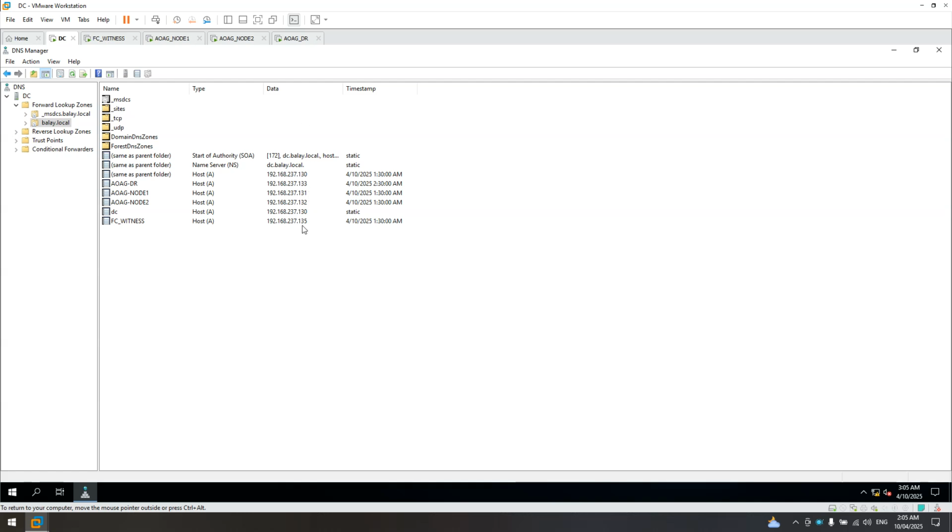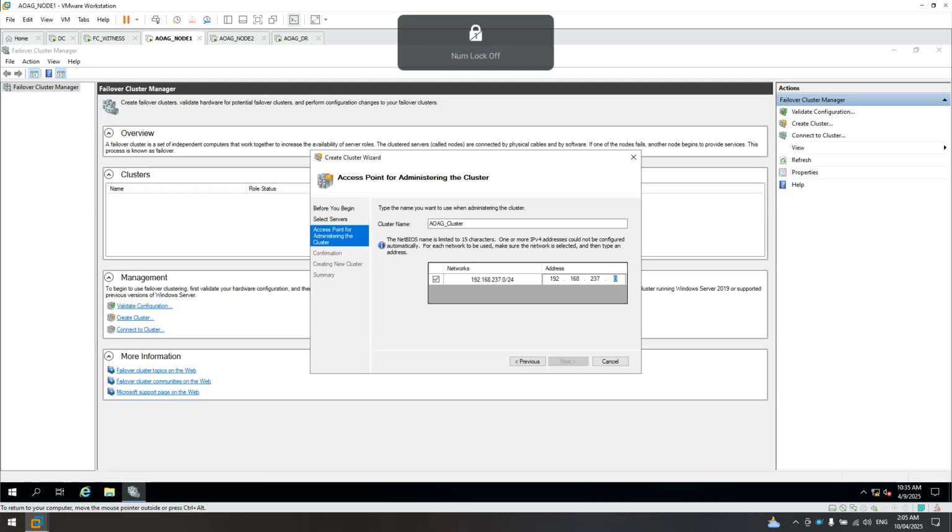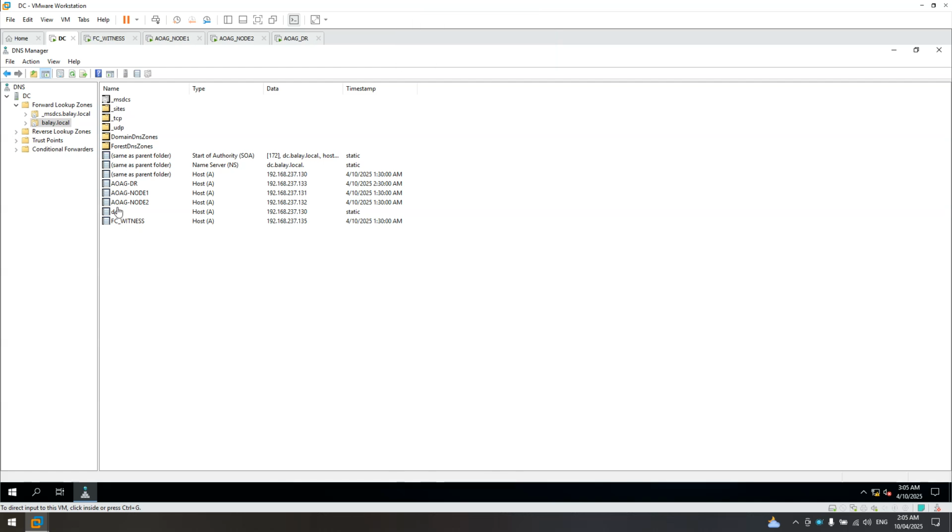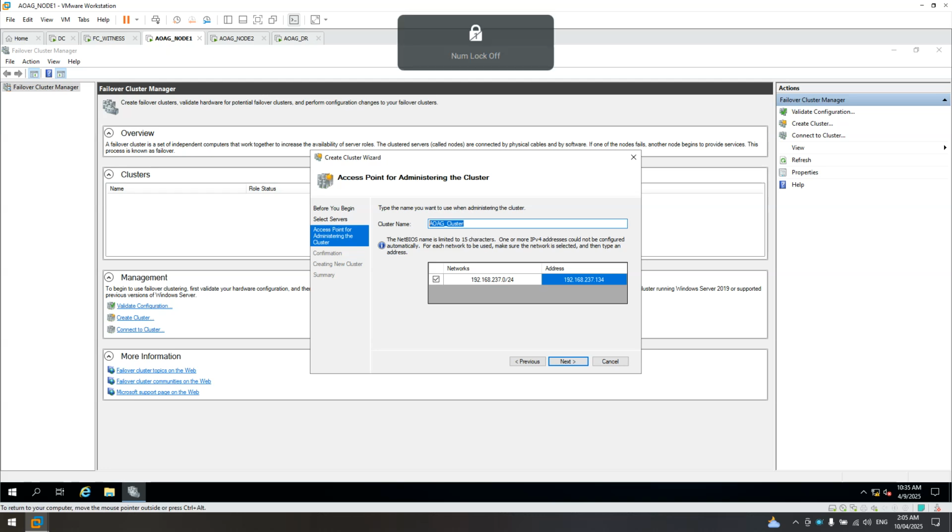We'll use 34 on this one for the AOAG cluster, 134, right? For the AOAG cluster 134. Remember that one, AOAG cluster. After I created that one, it will show here AOAG cluster. So let's name this one not underscore, but dash cluster.